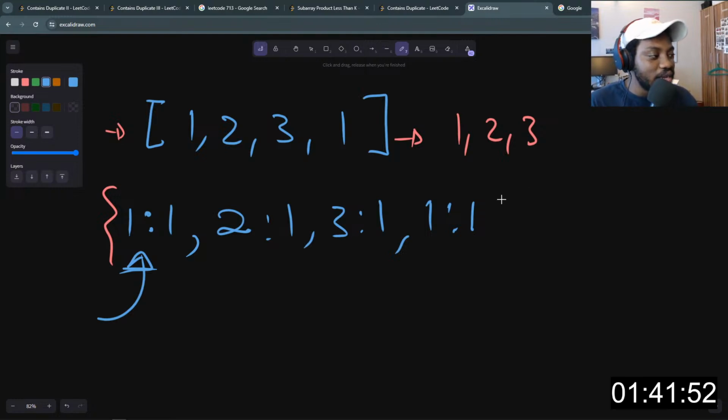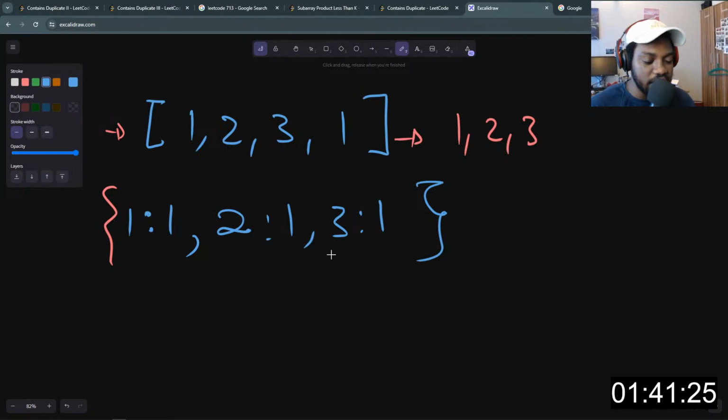So during the build up phase, we can keep checking if we already have that key in the dictionary. When we see that we have the key in the dictionary, it means that value is duplicated in our original input, right? And then we can stop the iteration at that point. It means we have at least one duplicate in the array, which is our input here. Otherwise, we'll keep adding the values, like I said, to the dictionary step by step. So that's all we need to do. And for us to program this, it's going to be this way.